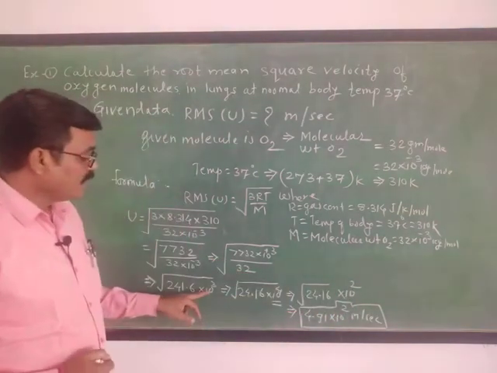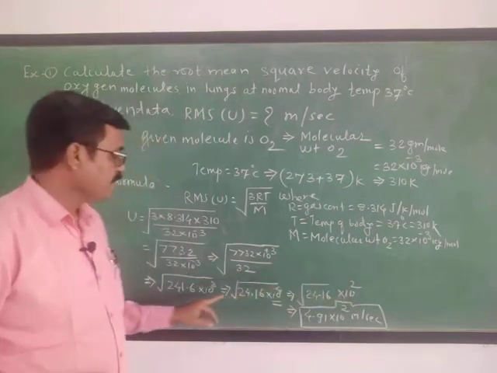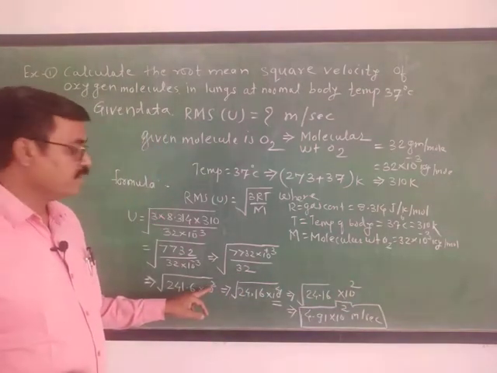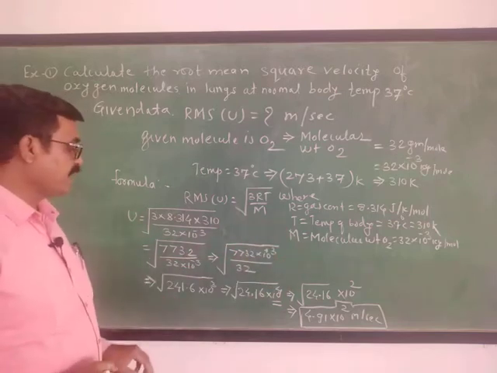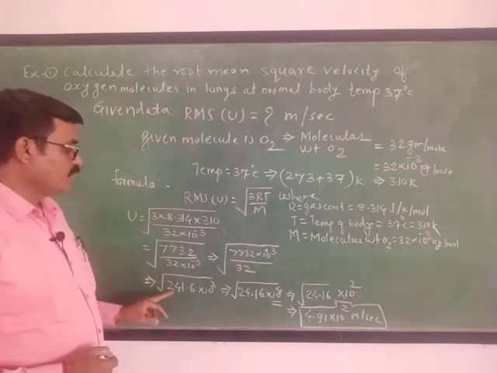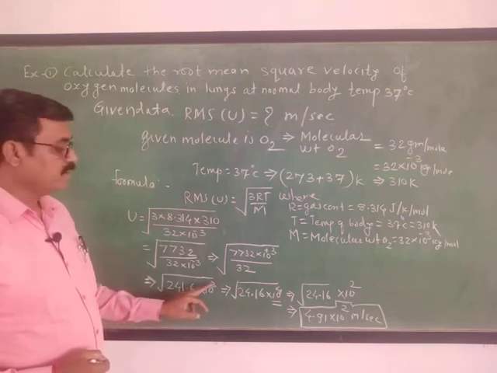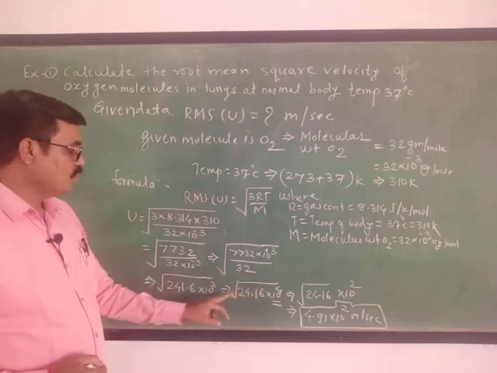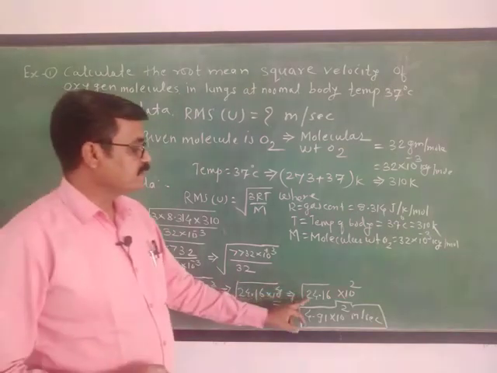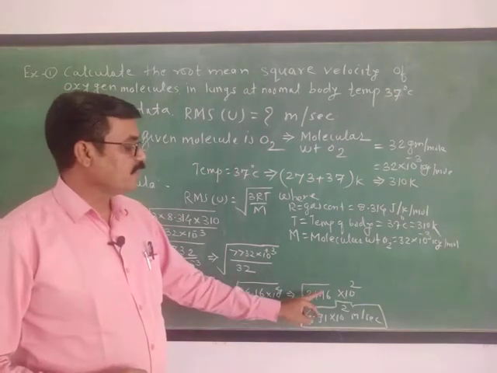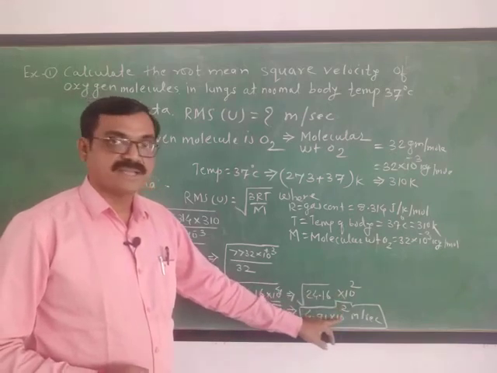If here it is 10 raised to power 6, then it will be 10 raised to power 3, in order to get it out of the bracket under root. Now here there is a shifting of the point. In order to convert this 3 into 4, the point is shifted to the left side. Then after calculating the square root of 24.16, the value will be 4.91. The remaining term remains as it is.